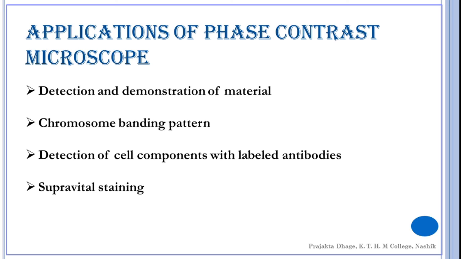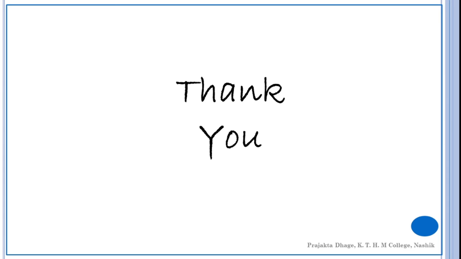Moreover, fluorescence microscopy gives an opportunity to observe opaque or relatively opaque objects. It is done by using the epi illumination system. So this is an added advantage over microscopes like the phase contrast microscope. The phase contrast microscope can just be used for transparent objects, but these microscopes can also be used for opaque objects. So this was all about the fluorescent microscope from my side.